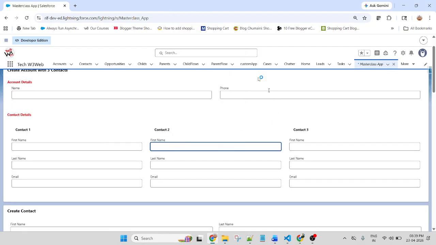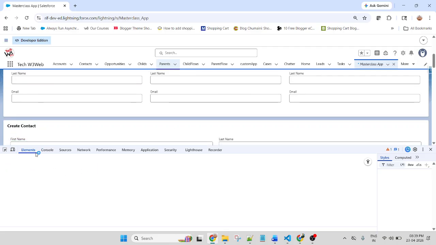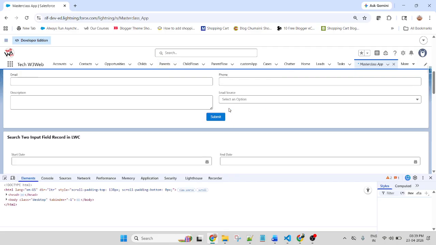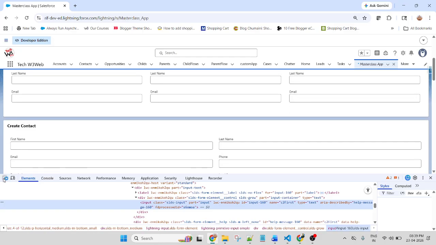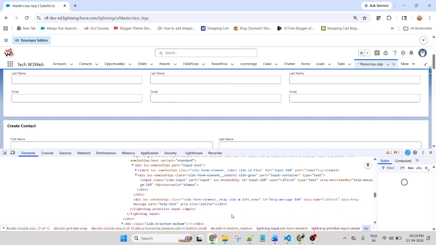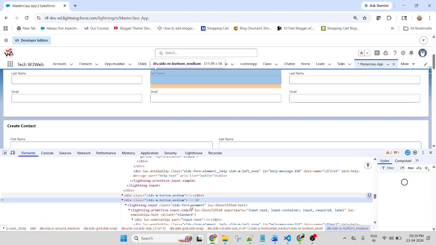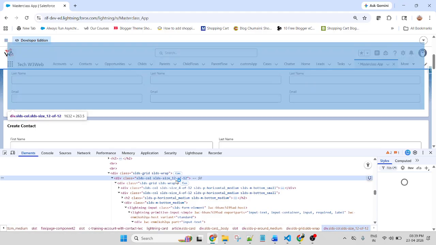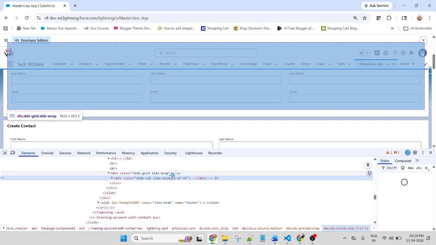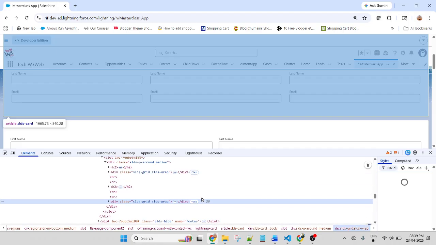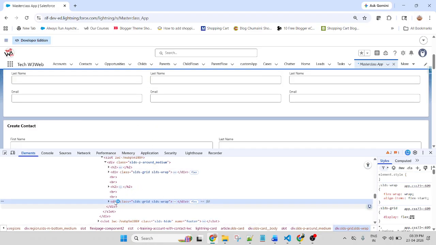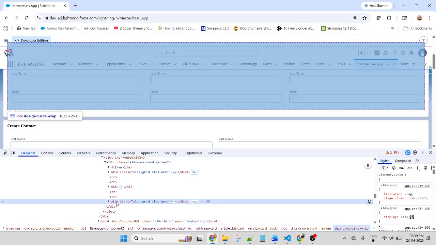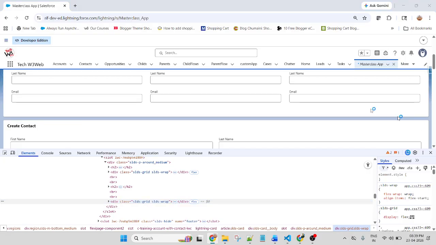So, where I need to add, I want to add below this div.